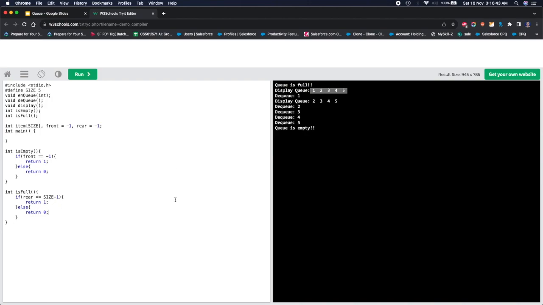So what would be the position of rear when our queue is full? With indexes 0 1 2 3 4, the rear position will be 4. So what is the size? Size is 5, so minus 1. So we are checking that if rear is equal to size minus 1, then yes, it is full, otherwise it is not. Next we will implement